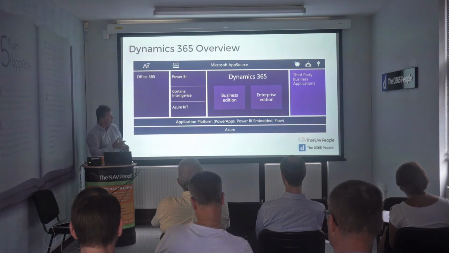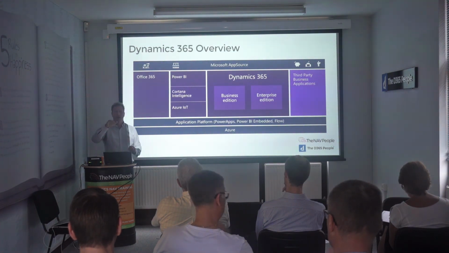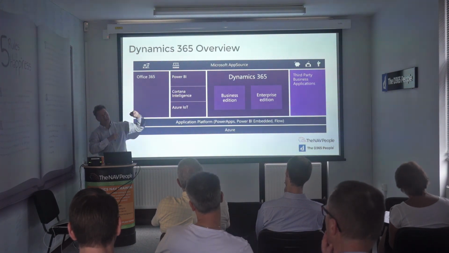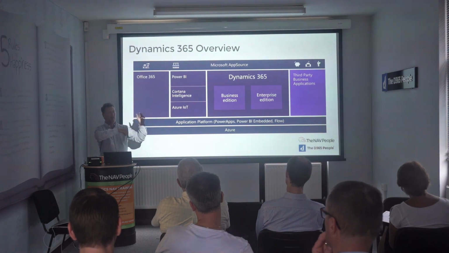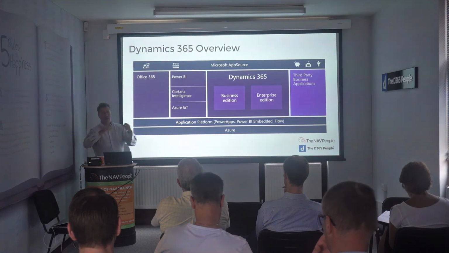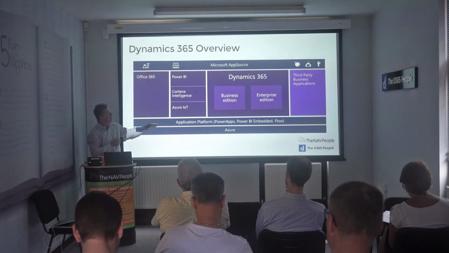So all of this sits on an application platform which has a bunch of technologies. Power Apps, Power BI, which is the reporting stuff, and a thing called Flow. Has anybody seen Flow? Flow is a configuration tool where you can say, for example, if somebody sends me an email from this type of customer, move that email automatically into this type of folder, and then trigger a workflow in NAV to do something. So it's a way that you can configure flows of information. It's fairly in its infancy at the moment, but it's getting cleverer and cleverer.